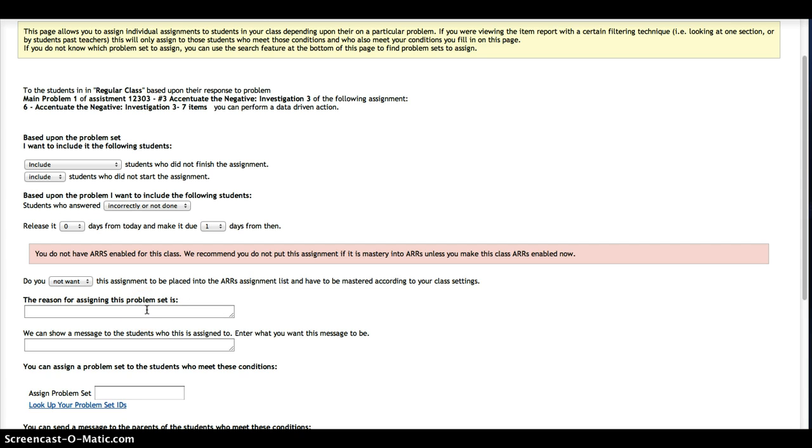The reason for this assignment, for this problem, this is a note for myself, and I'm just going to say need more practice. And then down here, we can show a message to the students who this is assigned to. Enter what you want for the message to be. Perhaps I'm going to say more practice